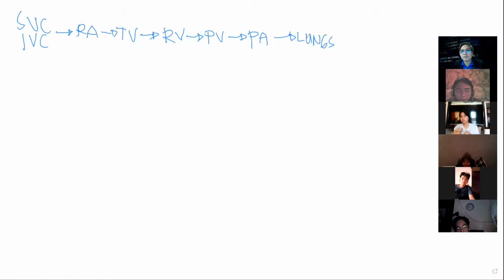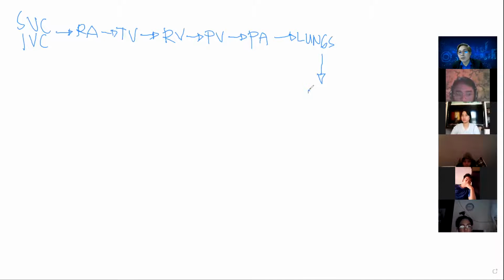The blood will return to the heart through the pulmonary... Oh, no, the left atrium. The left atrium, but it will pass through